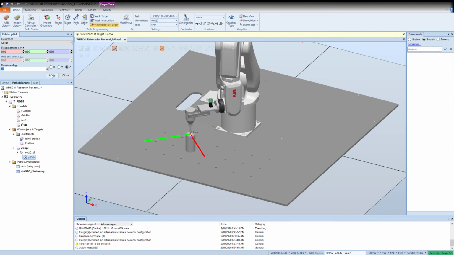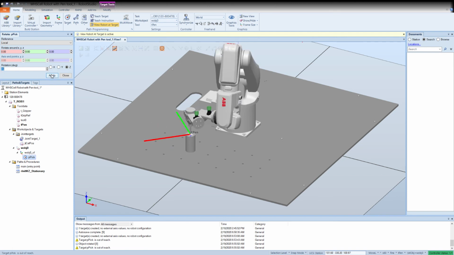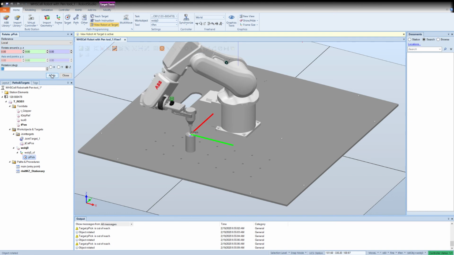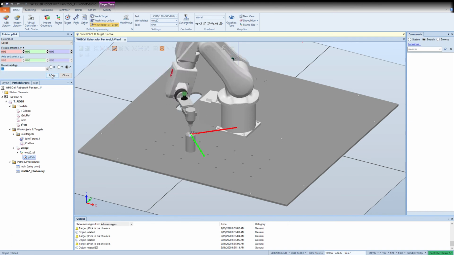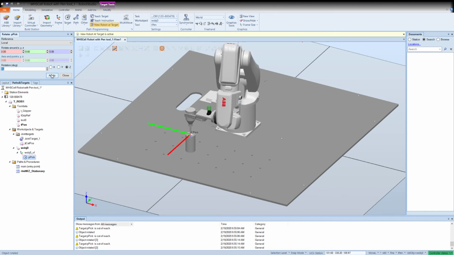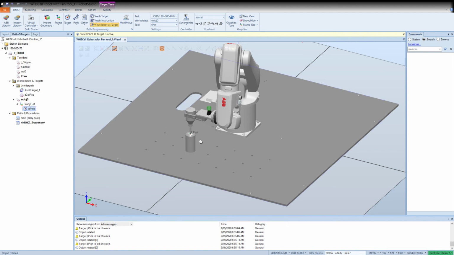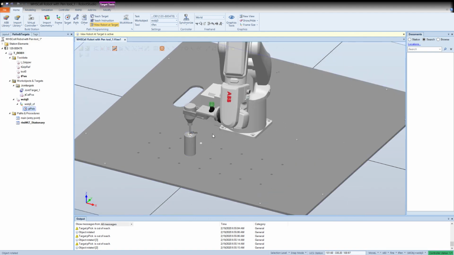And you can also see if I keep going, it'll only reach to a certain extent and then it won't. You'll only see the tool at the target there. That can reach, but that's not a good position. We want to come in more like this. Okay. Now that we're oriented correctly,